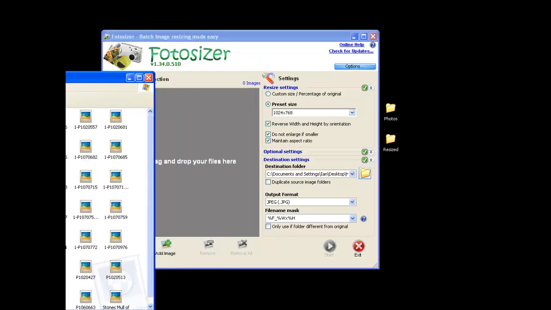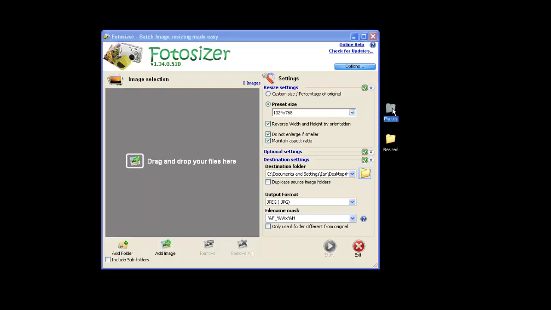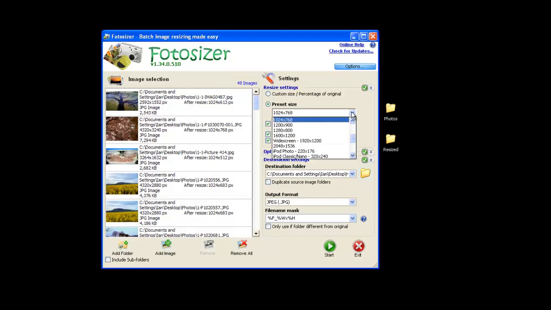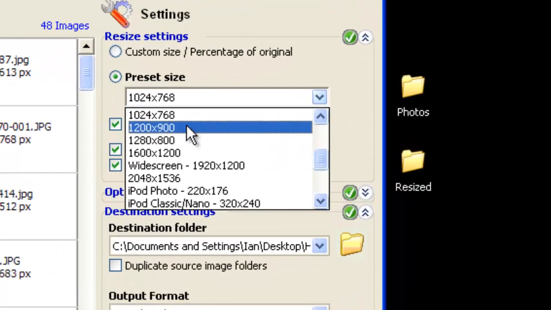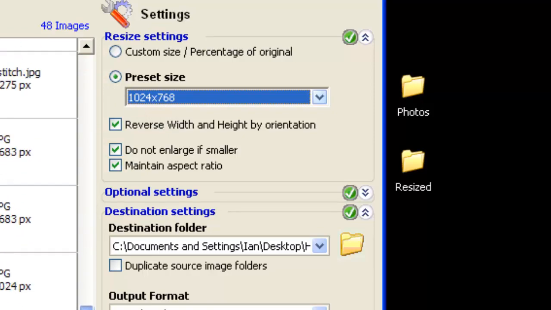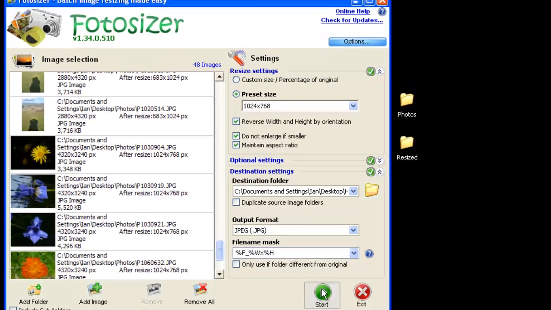I could actually drop in them all. Let's do that just to let you see it. Let's take a whole folder of photos and drop them in there. And then I can set them to preset sizes. I happen to know that Weebly doesn't like things much over 1024 by 768. So I'll say okay, that's the size, and then we've got a whole batch of photos there, and we go